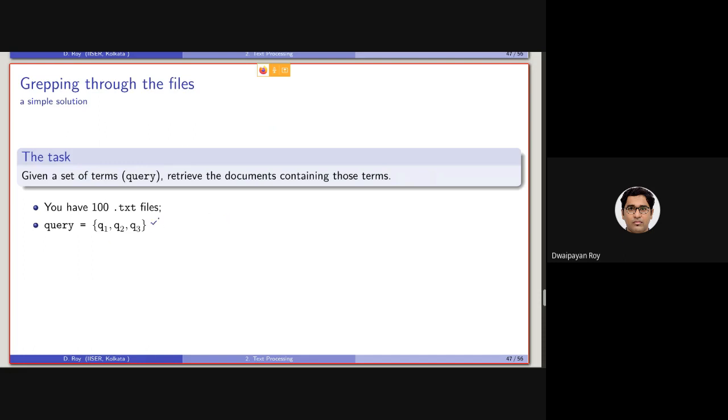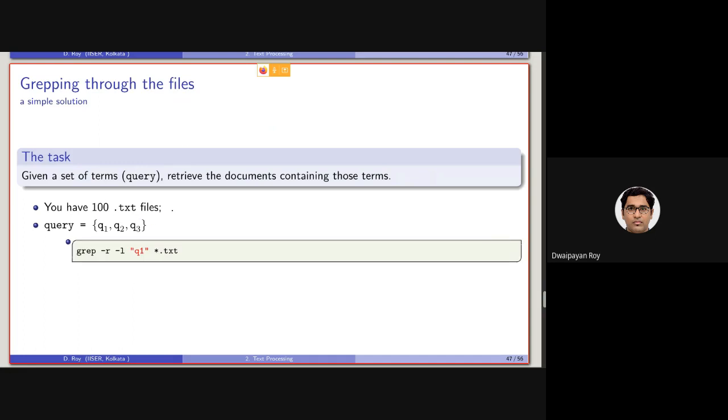You need to search for the occurrence of Q1, Q2, Q3 in these 100 txt files. So using grep, you can perform a search like this. Grep is the command name, as I have said. -R indicates that I will be performing a recursive search.